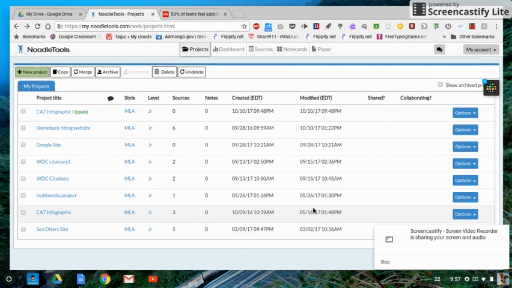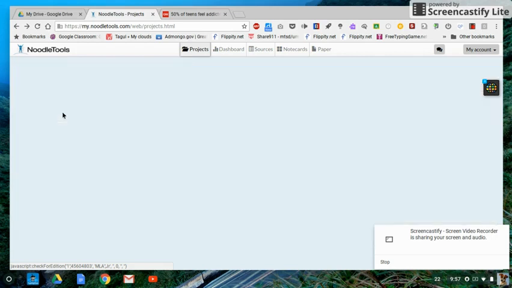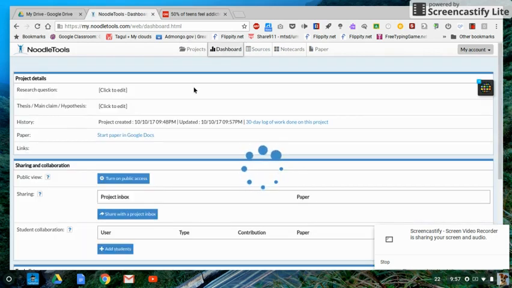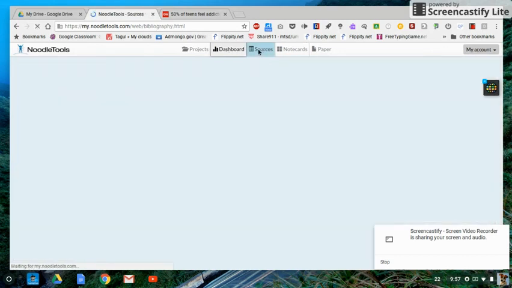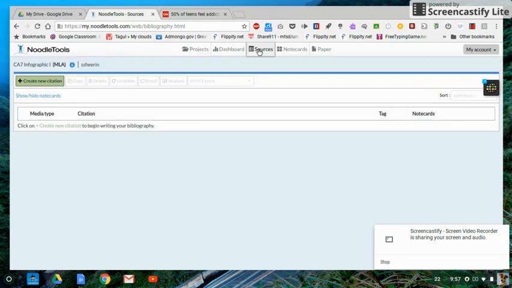All right, make sure you have a project started in your Noodletools account. Click on that project to open it up. Once you're in the dashboard for that project, you want to click Sources to access the screen to create your citations. Create a citation for your resource. You press the green button, Create New Citation,